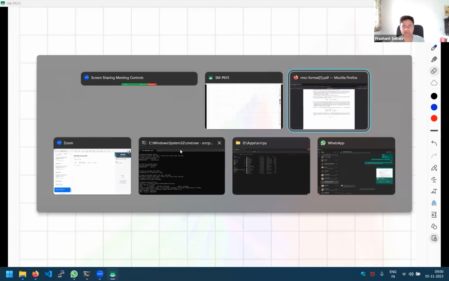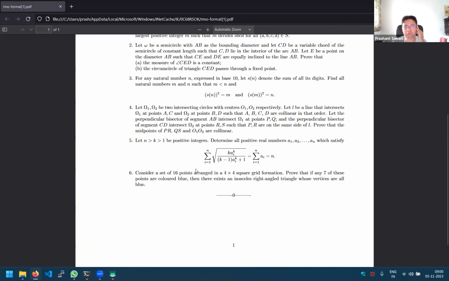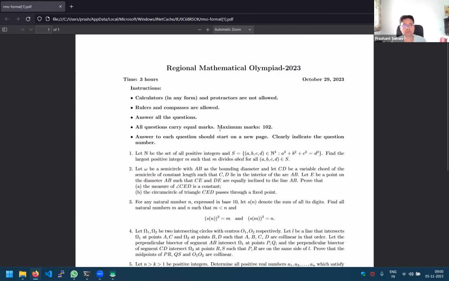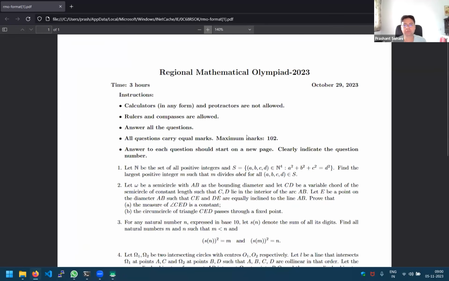Okay, so as I mentioned on the group, I plan to discuss the RMO paper today. As usual, I don't want to discuss just the paper, the questions, but what should we do after that? Having solved or attempted these questions, what are the next steps that we should do? Can we generalize some ideas from the paper, or what are the things to learn about the questions? Based on that we have to plan the next steps, like what are we planning to cover in